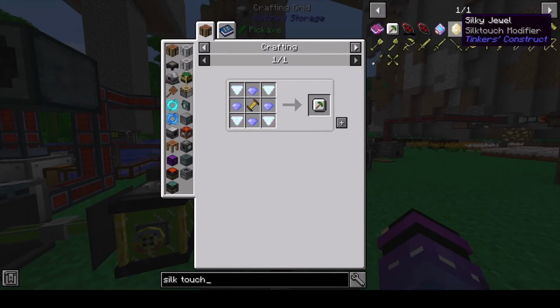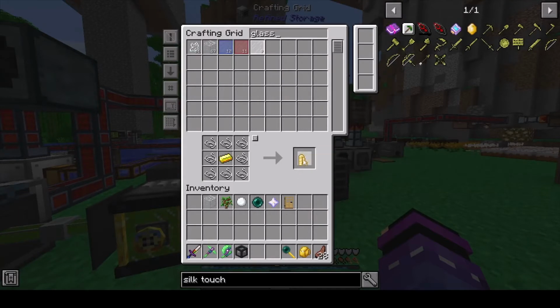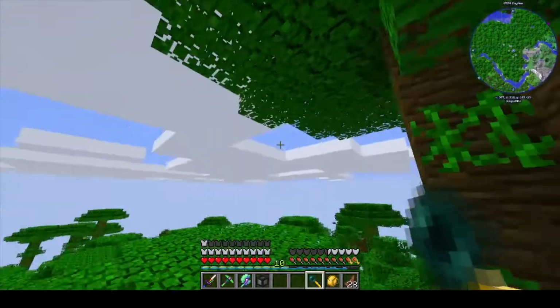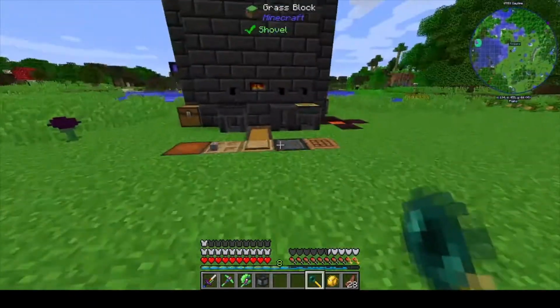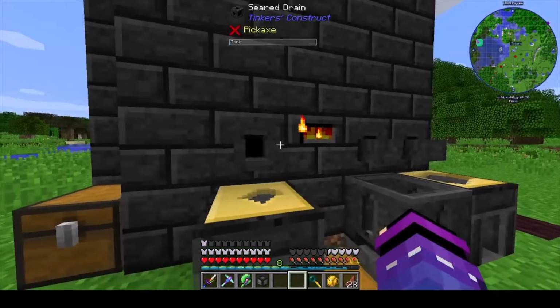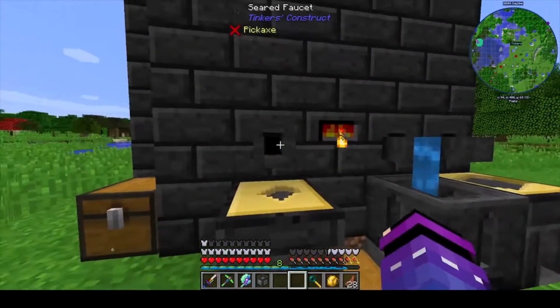Silk touch. Silky jewel, that's pretty easy to make. 2, 3, 4. Do this, and then we're going to go over to our Tinker's area, and we're going to make a shovel. So shovel head, it really doesn't matter what we make it out of. Sure, we'll do...